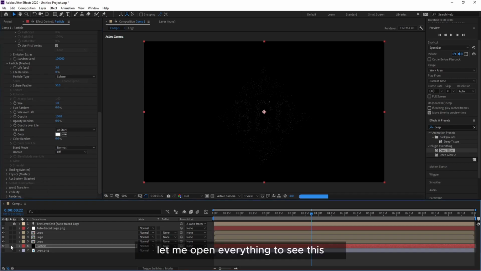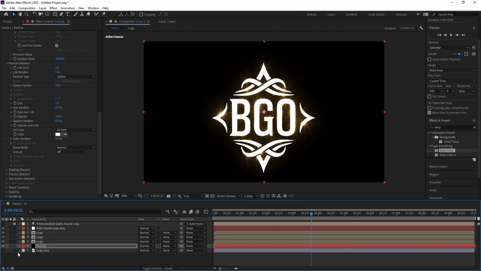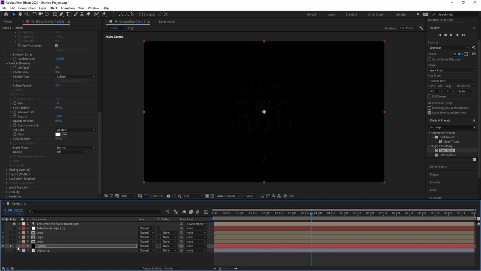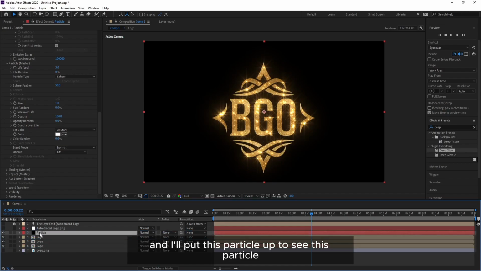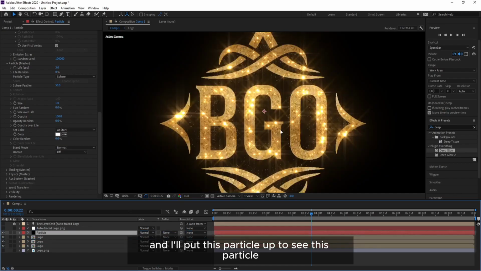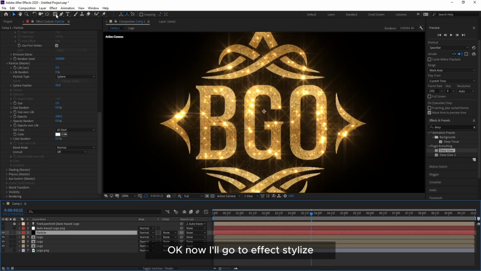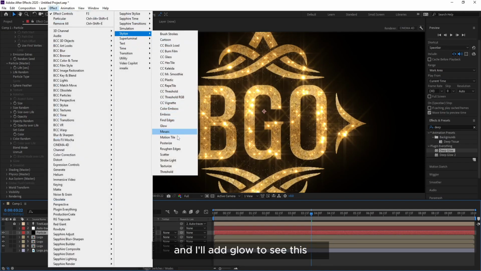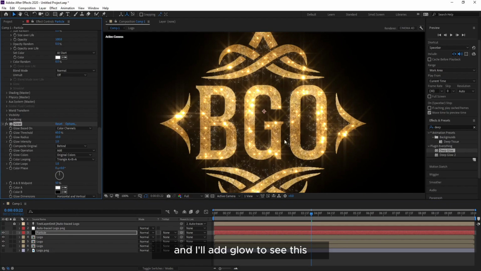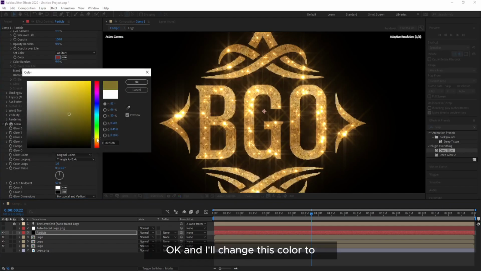Let me open everything to see this. And I'll close auto trace. And I'll put this particle up to see this particle. Okay, now I'll go to effect, stylize, and I'll add glow to see this. Okay, and I'll change this color to maybe